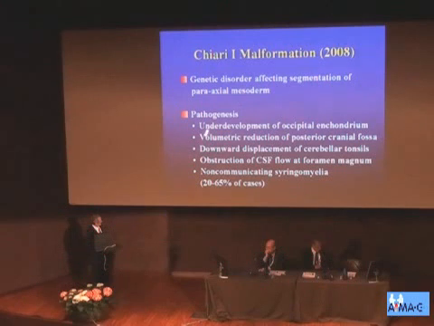Our understanding at the present time is that in classical Chiari, there's underdevelopment of the occipital enchondrium. There is an associated reduction of the volume of the posterior cranial fossa. This contributes to downward displacement of the cerebellar tonsils,